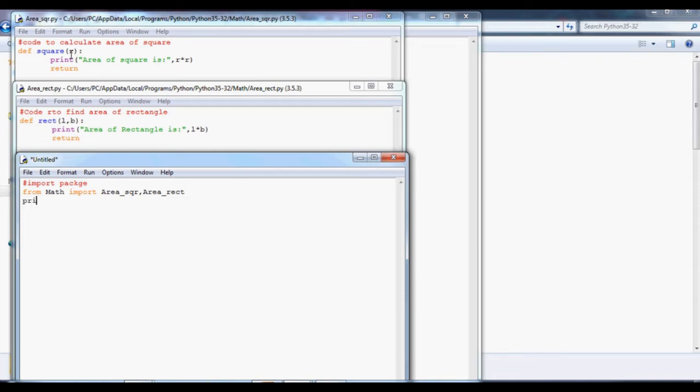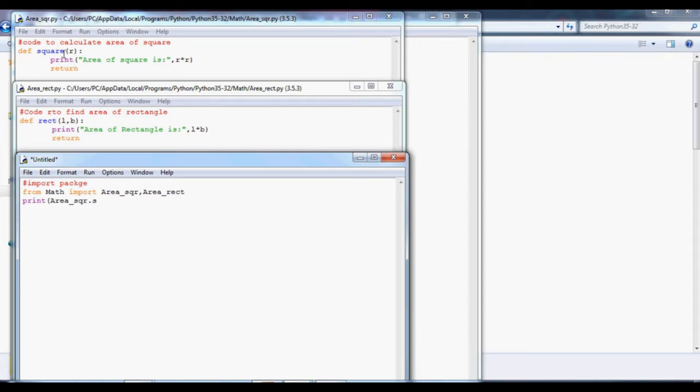So I'm just going to print and see what I have given inside the print function in the definitions. Now I am going to call area_square.area_square. What is the function name? This is square.